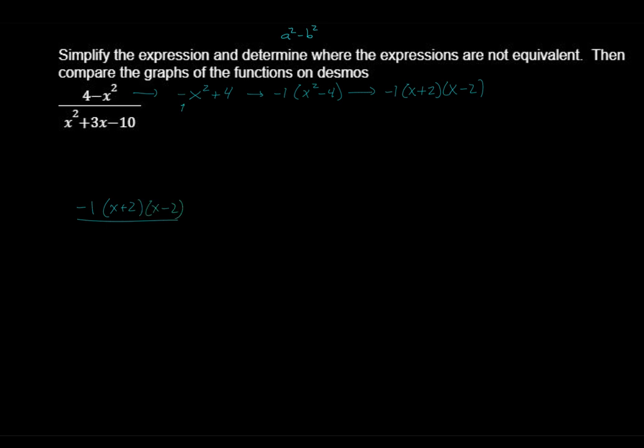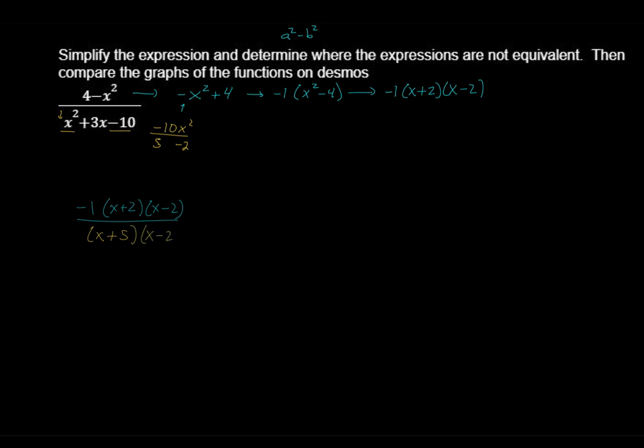On the bottom, there is no common monomial, so I'll start off by, since there's three terms, multiplying first and last, giving me negative 10x squared. The combination that multiplies to be the middle term will be positive 5 and negative 2. And since there is no leading coefficient, we can jump from here straight to the factors of x plus 5